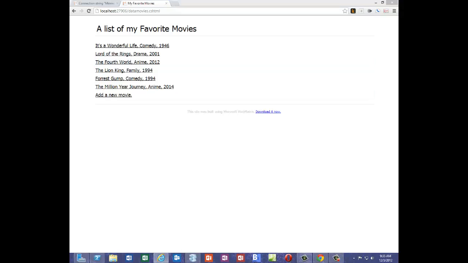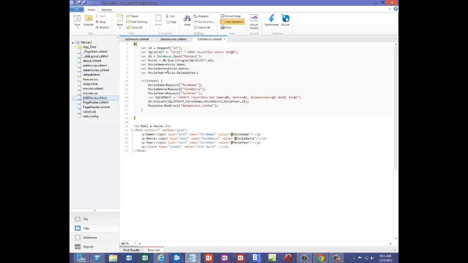Okay, here we are on part 8, creating a delete data page. We've reached the point where we have a data-driven list of favorite movies. We've styled it, added the ability to add new movies, and edit existing movies in the database. Now we're going to create the application. Okay, so we're going to add a delete page, go back to WebMatrix, and we're going to create a new file,